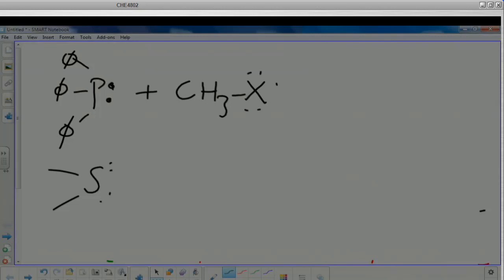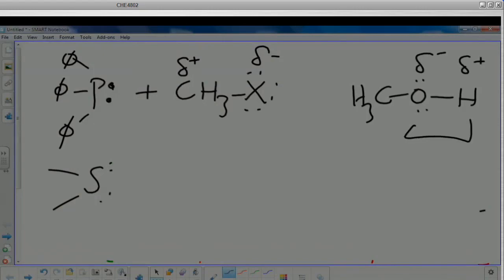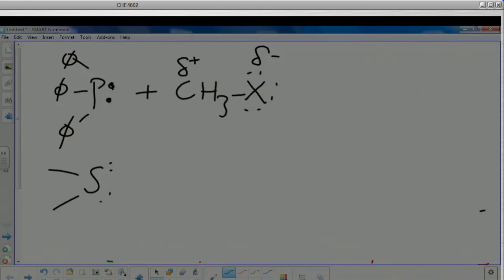So you have methyl iodide or methyl bromide. Remember, the halogen is slightly negative and the carbon is slightly positive because they differ in electronegativity. Halogens are more electronegative than carbon. At one stage I asked you which bond is polar, and you told me the polar bond was this one here, which you are correct. The reason why the polar bond in the case of alcohols is not C-O is because carbon and oxygen are close by. The electronegativity does not differ much, unless you hybridize the carbon to sp2, or you protonate oxygen.